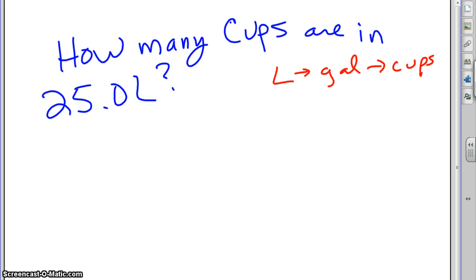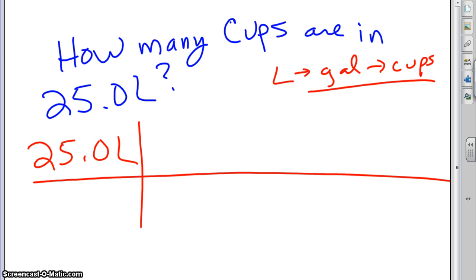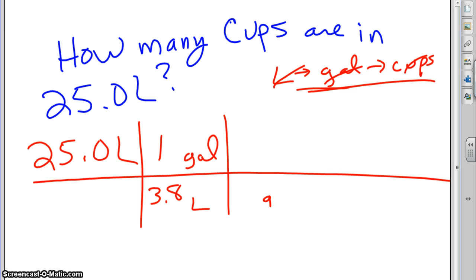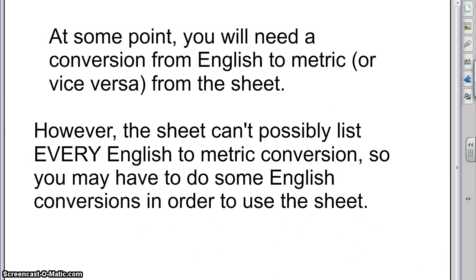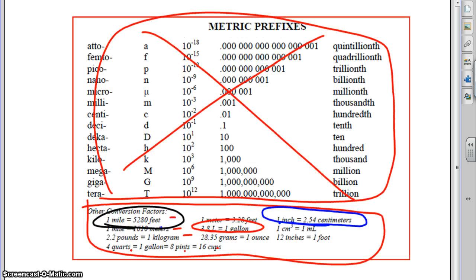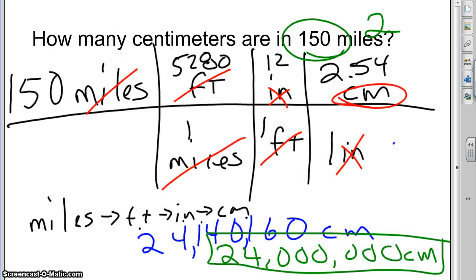Now that we've sort of traced out our path, how we're going to get there, let's go ahead and do it. So we have 25.0 liters. I want to get rid of liters. I want to replace it with gallons. And so if I go back and look at that earlier, it's 1 gallon is 3.8 liters. And then I'm going to go gallons into cups. So I get rid of gallons and I put cups on top. If you don't know how many cups are in a gallon, it says back here that 1 gallon is equal to a bunch of other things which are equal to 16 cups. So 16 cups,